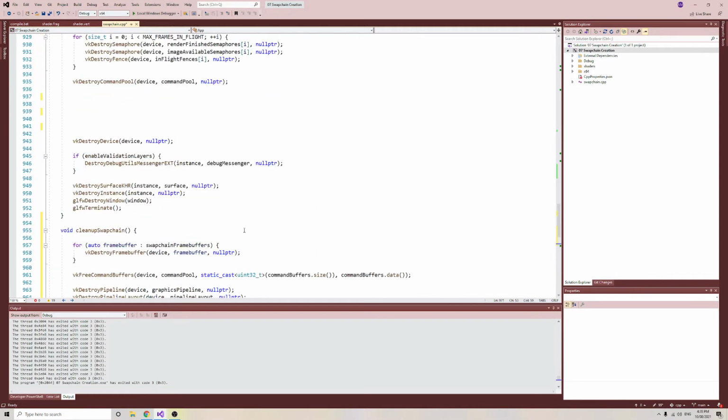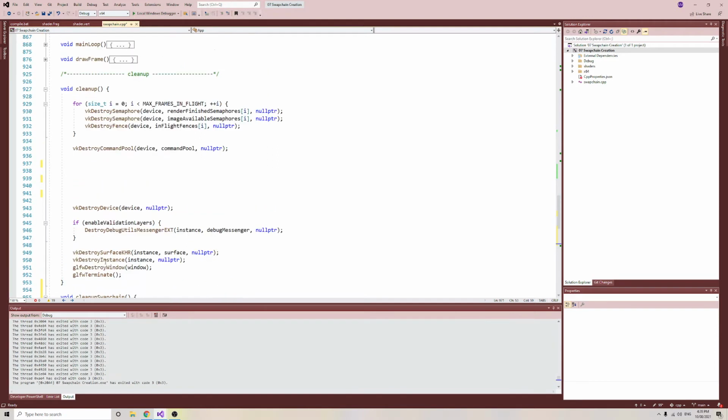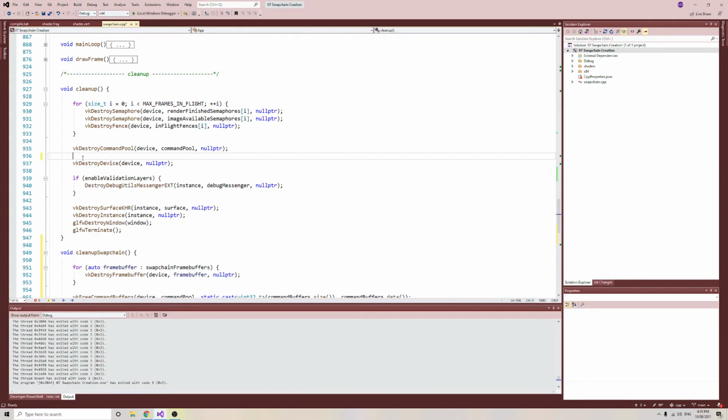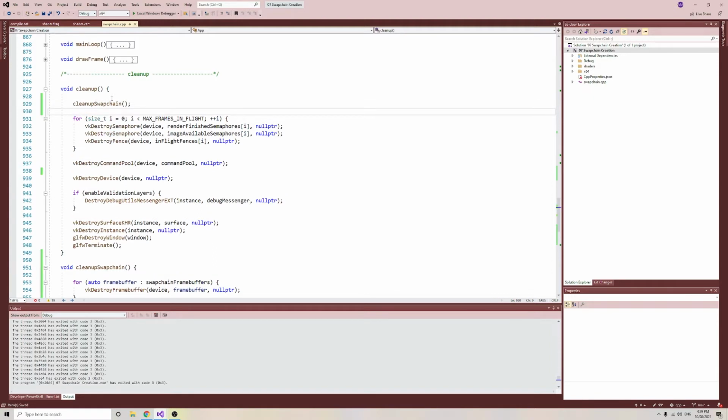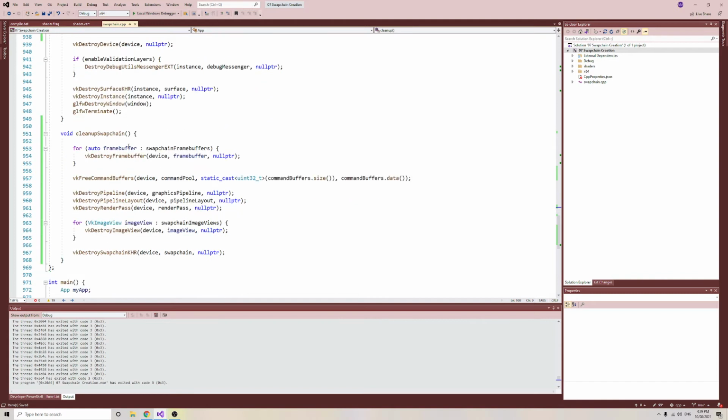Now if we check everything else, instance, device, surface, those should all be fine. We can reuse that function too, yeah, hopefully this makes sense. Okay, so we now have the basic